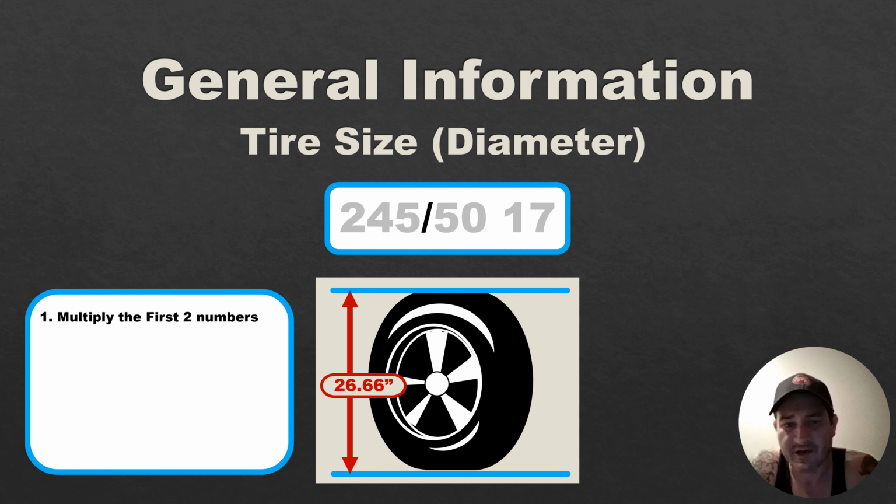Now, I grabbed a calculator for this PowerPoint and started doing a little bit of algebra. And this is probably, I'm sure it's not something I made up, but I've never seen it before. And this is a pretty quick way to calculate your tire diameter. If you first just multiply the first two numbers together, 245, multiply that by 50. In this example, we get 12,250. And then if we take that value and we divide it by 1,270,